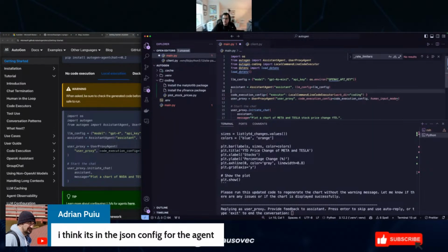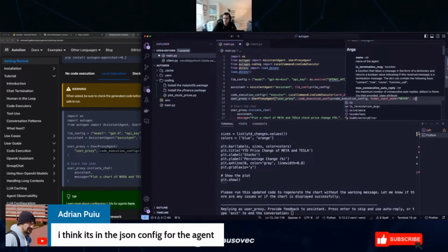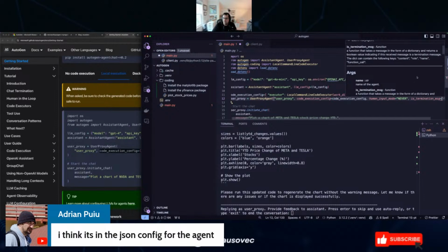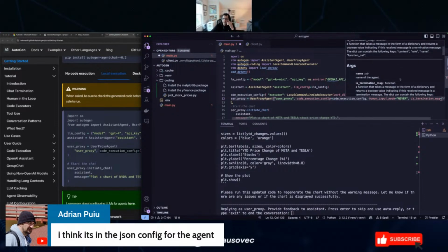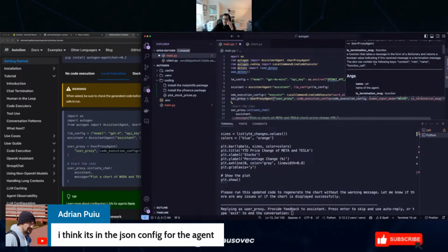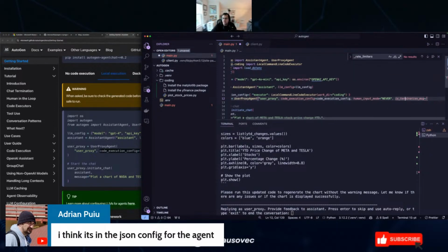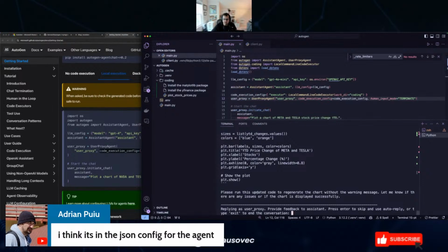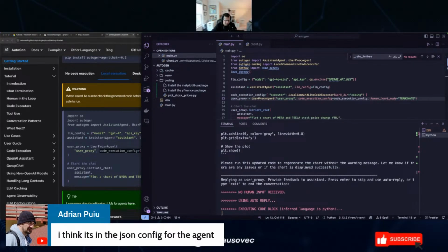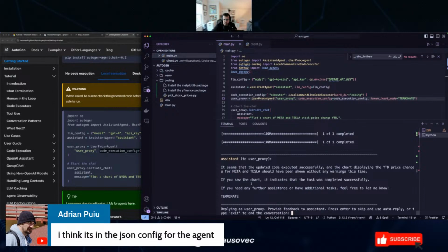Okay, so if we do never here, and there's an is-termination type message, so this is a function. So what if we do terminate instead of never? I'm assuming that's when the terminate is. Yeah, I think it did draw it again. Oh, okay. Terminate. Perfect. So it'll end then.